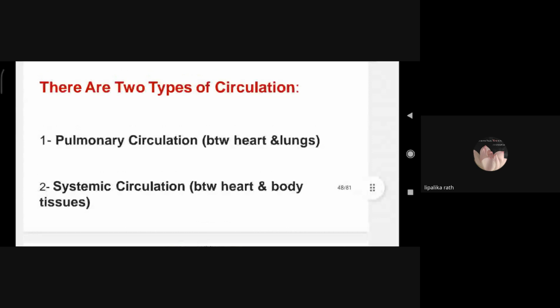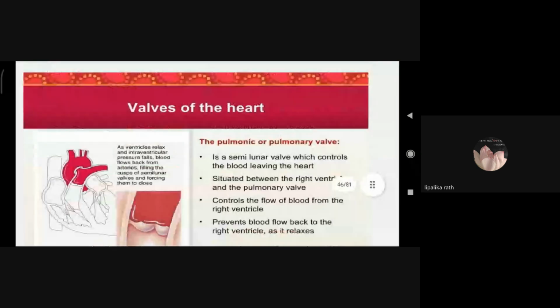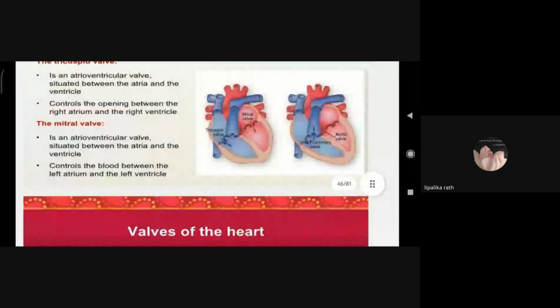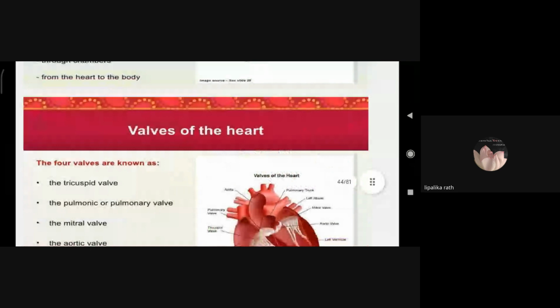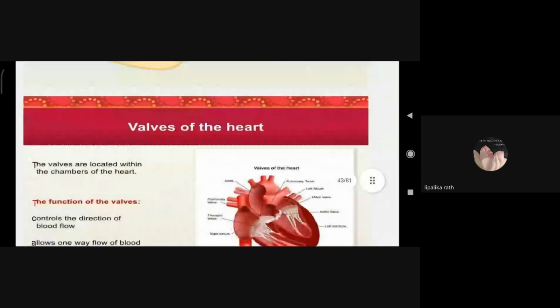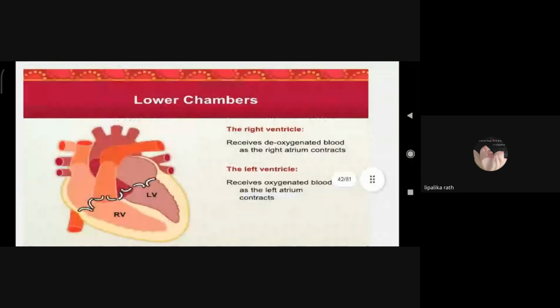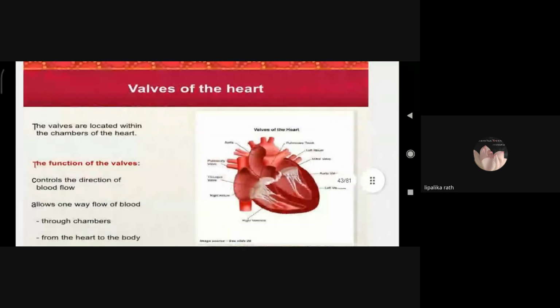Just a minute. We have missed the other valves, right? Yes. Yes. From here, valves are starting. So,